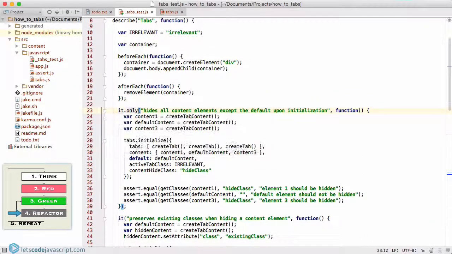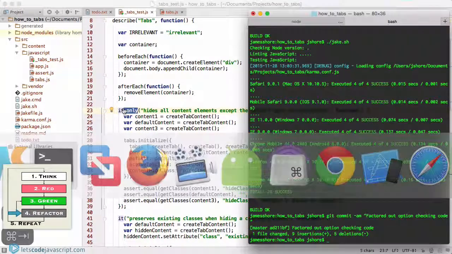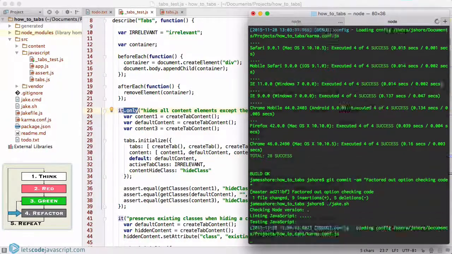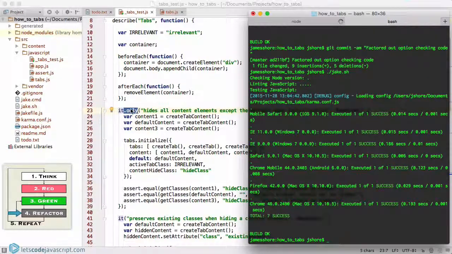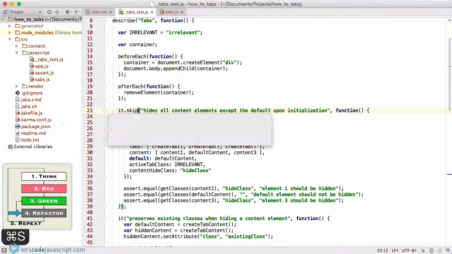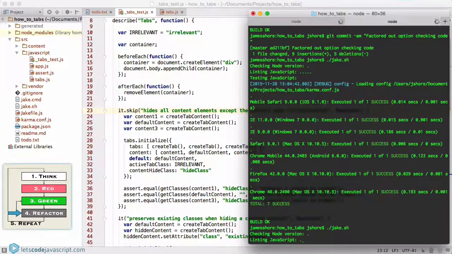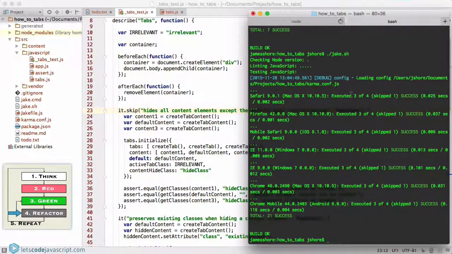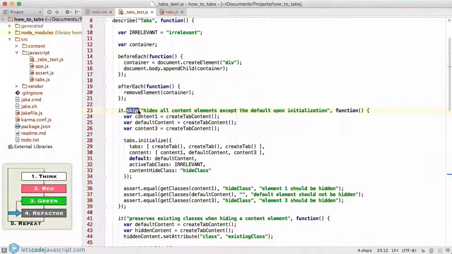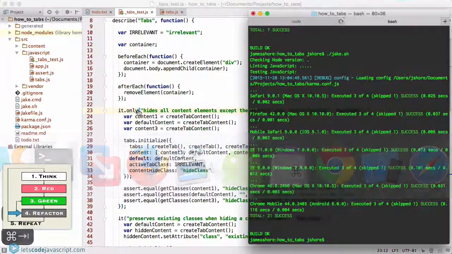I'll say run only this test. This is something you can do in Mocha. You can add .only to run just that one test, like this. So you'll see we're only running one test. Or you can say .skip to skip all but that test. And now you'll see it saying it's going to execute 3 of 4 and skip 1. So I'm going to run only this test